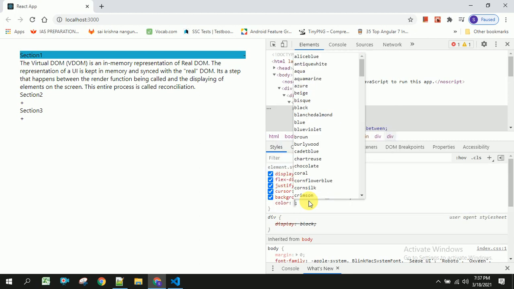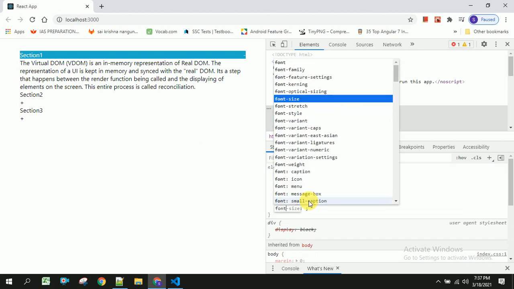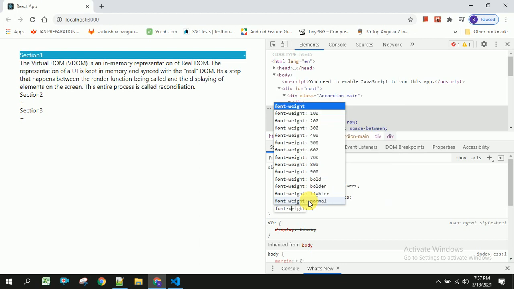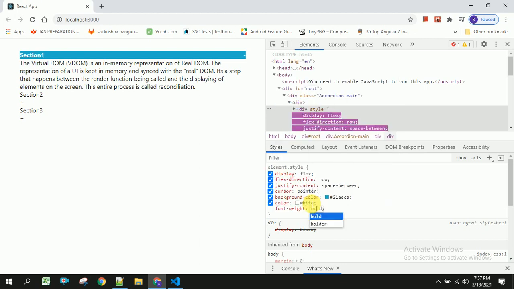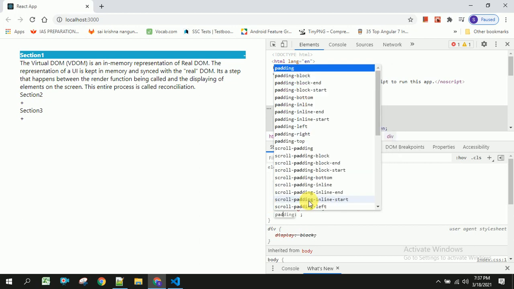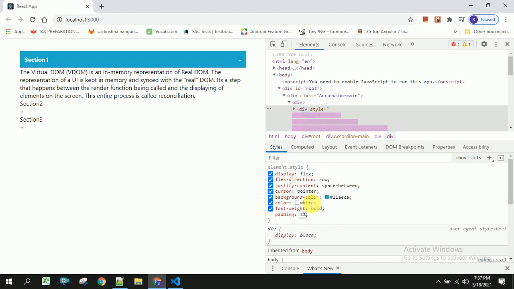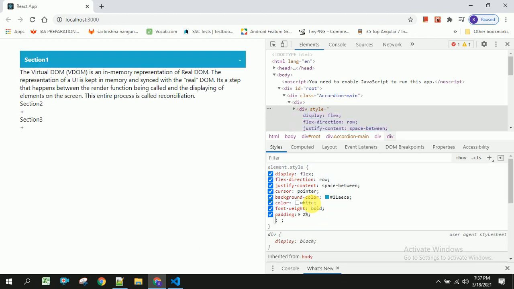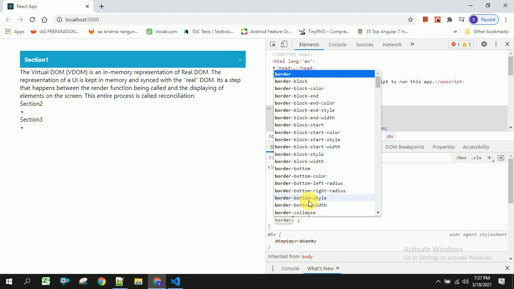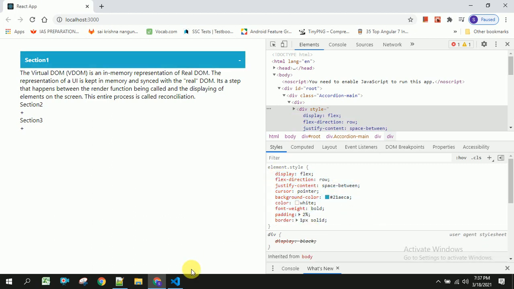And to show the difference, I am going to add some color as white, and font weight as bold, and padding will be something like 2%, and I will add some border to this. That's it. Let us save, let us copy this and paste it in our application.